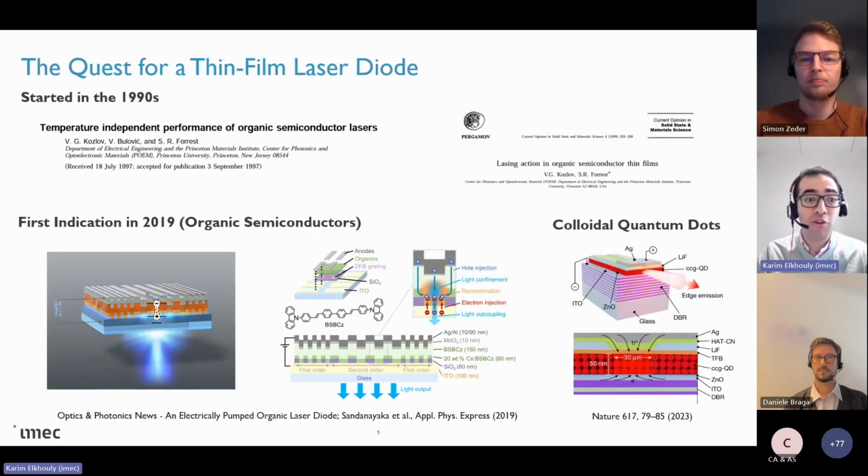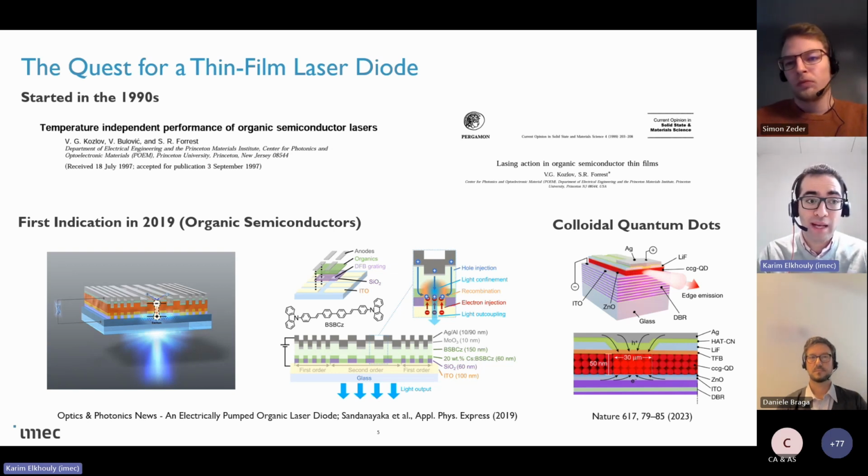So in fact, the idea of making a thin film laser diode is not new. It's not very recent. It actually started in the 90s. And this followed the progress of OLEDs, because after organic LEDs were successful, the researchers thought, okay, let's try to make a laser diode out of this, but it proved to be very difficult. In fact, it took about 30 years to get the very first indication of lasing out of an